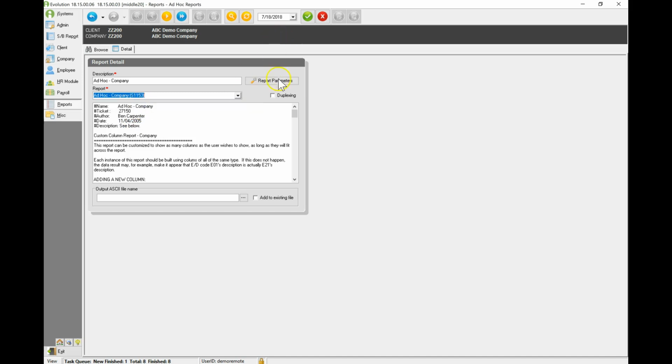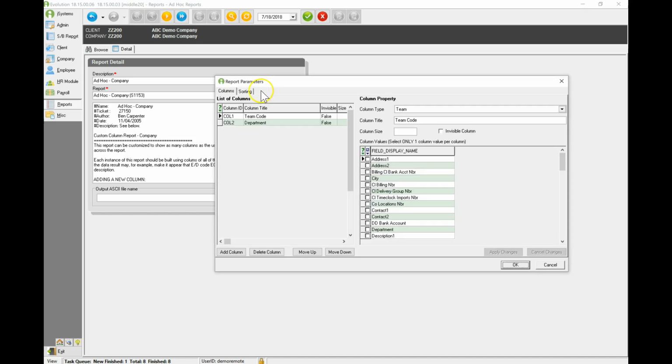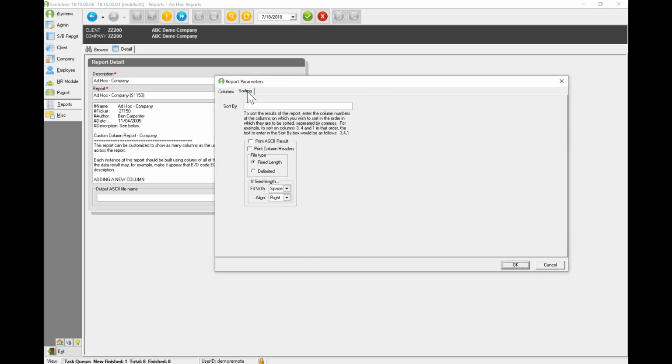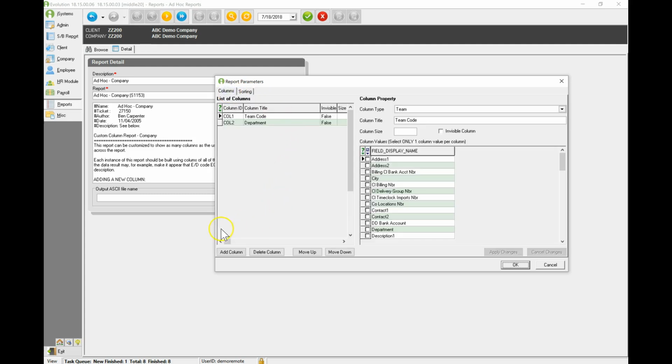If I select company, the report parameters are very similar to that of employee, only we will not have the tab for the employee filter or the employee status on our sorting tab at the end. Other than that, it's the same functionality where we can add or delete columns from our list of columns, and we have a list of column types as we choose them, with lists of items that are specific to our